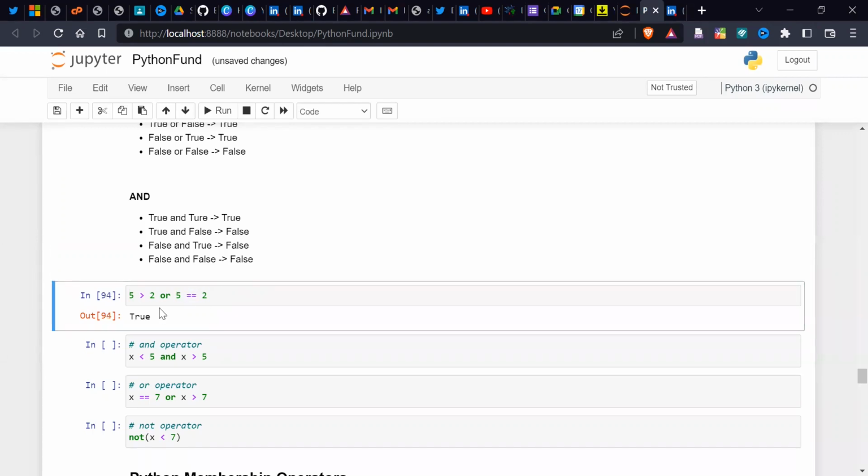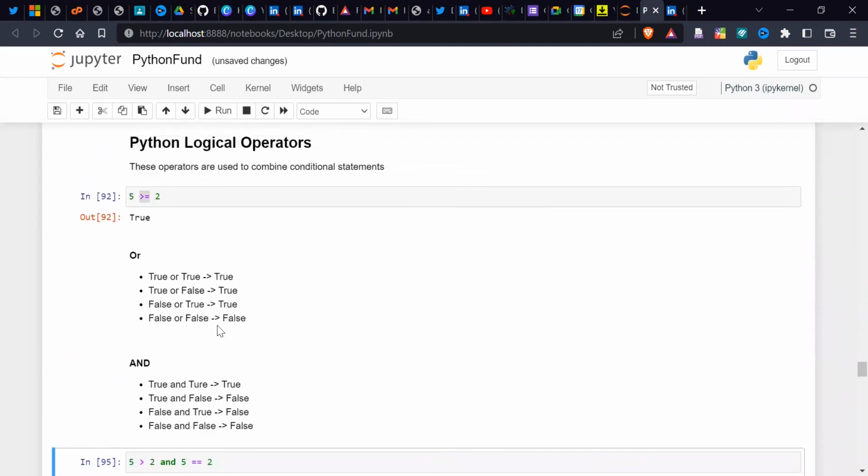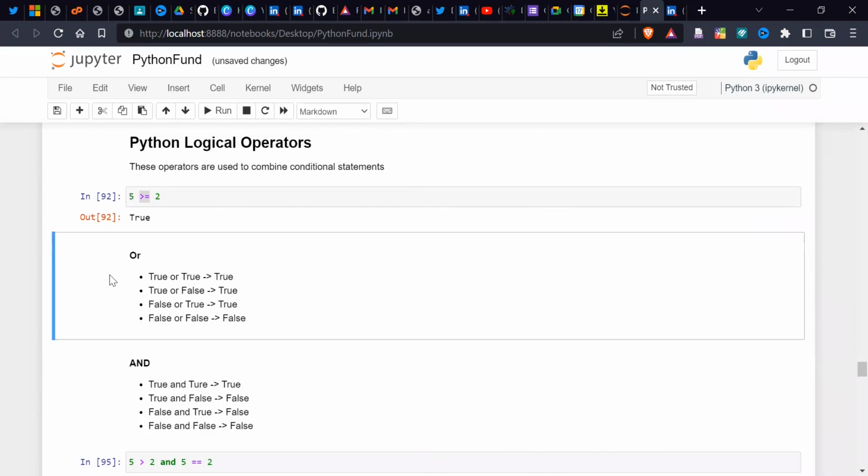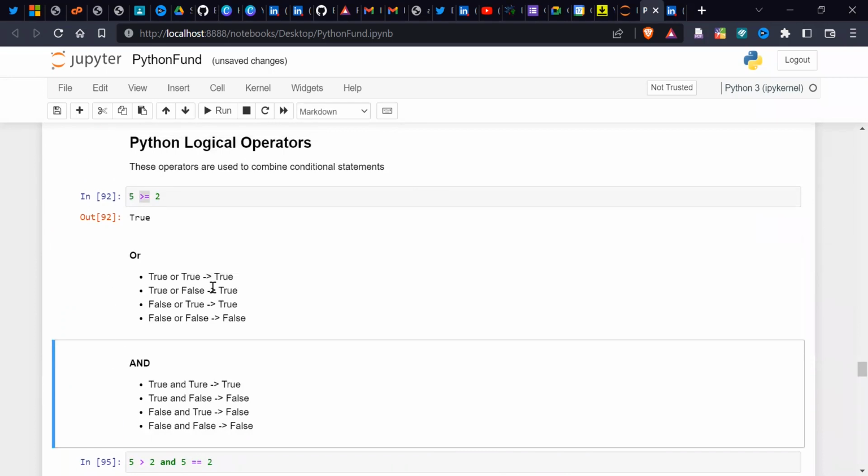So, but it's going to return true. But if I now change this to and, we're going to have false, because what? One of these statements is wrong, so it has already made the whole condition false. So this is the difference between the or and the and. They are very, very important, especially when we start using libraries to perform data analysis,